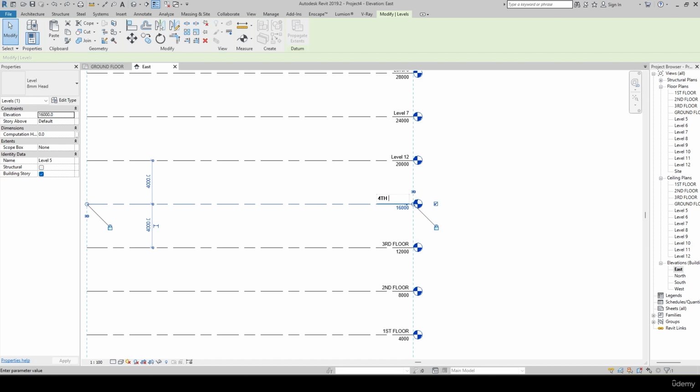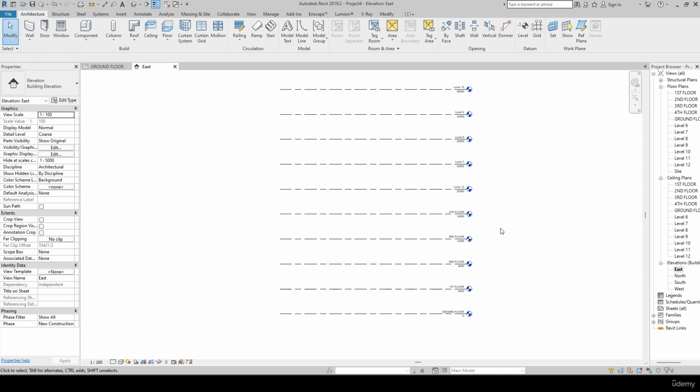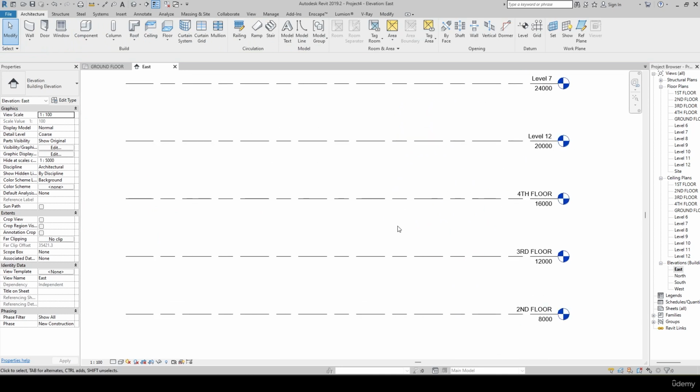fourth floor. Say, for example, assume I want to explore one more feature. In the fourth floor you want to show one more level exactly below here. As of now I've just shown the structure to structure, or maybe the floor finish level to the floor finish level, but you want to showcase the structural level here as well, or maybe the slab